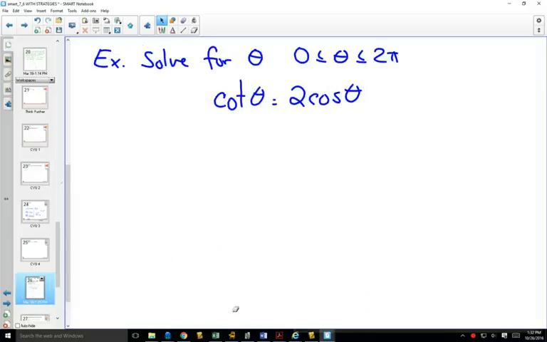So going through our strategies, the first strategy is, can you change things to all the same trig function? Well, the only thing I can change cotangent to is 1 over tan or cos over sine. I can't change it to just cos. And I can't change cos to just cotangent. So in this case, we can't change things to just one thing. So we might go to our final strategy and say, if I change everything to cos and sine,